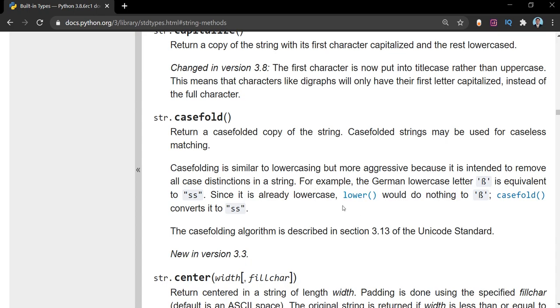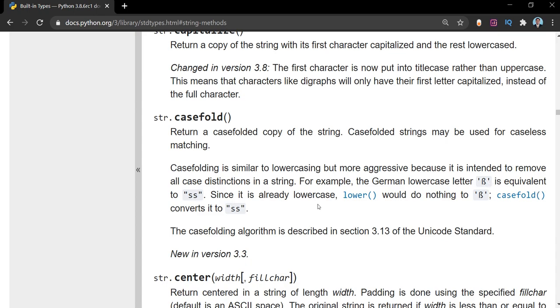By the way, there are other options to make it lowercase, like this lower function. There is another one for uppercase, which is upper, but this one is a better option than the lower method, because it takes care of some languages like German. They have given one example where in the German language lowercase beta is equivalent to ss.